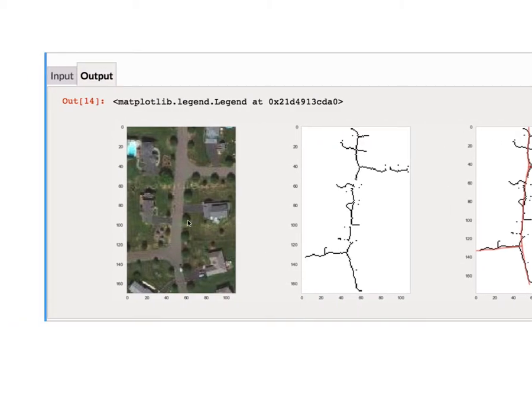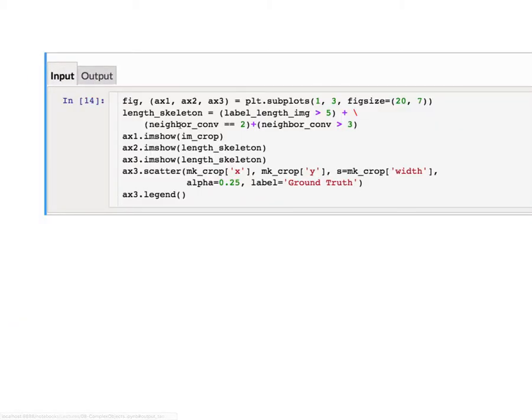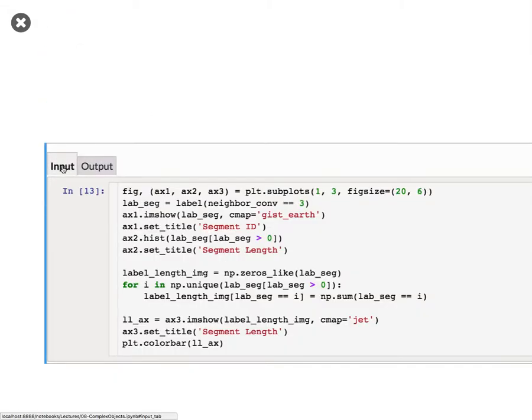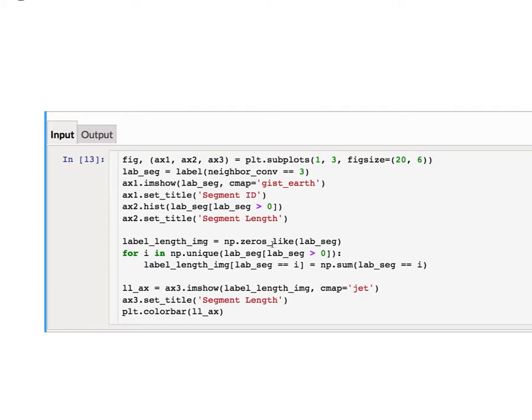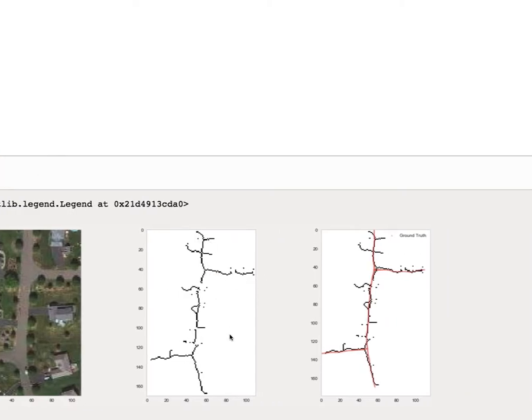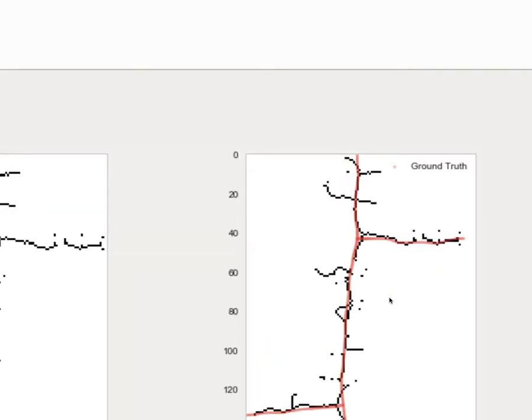So we can now perform these steps. Here we keep all the structures that are longer than 5. So we make an image based on the length and keep everything that's larger than 5. And then we keep the endpoints and we keep the junctions. And so when we combine all 3 of those together, we can now get our skeleton, and then we can compare this to the original